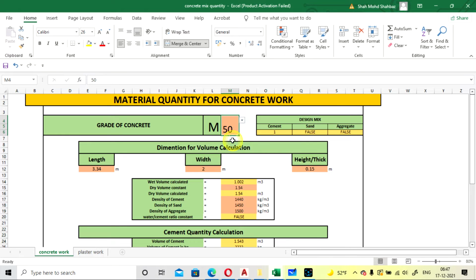For higher grades of concrete, from M40, more than M45, from M45 to M60, these will be a design mix, so you can take the ratio by yourself also. All you need to do is copy this Excel sheet into another Excel file, and just insert the ratio by yourself for the calculation.